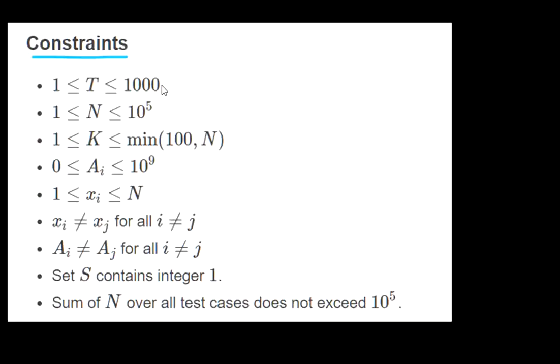Let us also have a look at the constraints for this problem. The value of n ranges from 1 to 10^5. So we can conclude that the overall time complexity should not exceed n squared. This is because in 1 second only 10^8 operations are allowed and n squared is 10^10. We can have O(n), and since k is always less than or equal to 100, we can also have O(n times k), or O(n log n) and so on, but not greater than n squared.